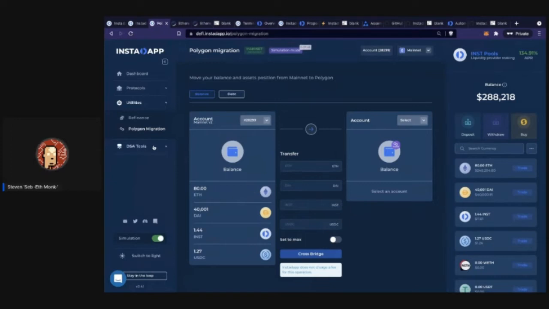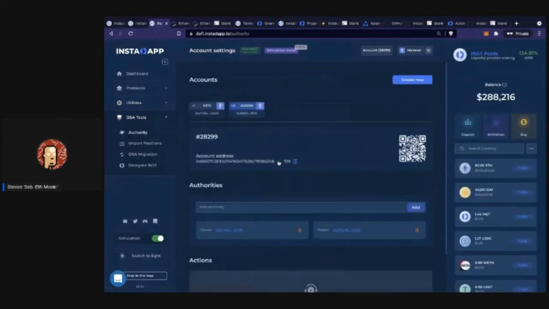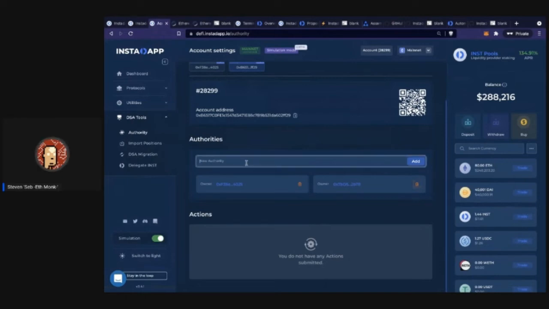And then let's go through a little bit more of the tooling. As I talked about earlier, we have this authority framework, which is how you access your account. So let's say we go to our account here. What you're going to see is that this address I'm using owns two accounts. And the second account that I'm currently using actually has two owners, so two different addresses that can access this account. If you wanted to see a fuller page, you could go here. And you can remove authorities. You can add different users. By the end of this year, we'll probably have social recovery, guardians, and essentially expanding the capacities of authorities.